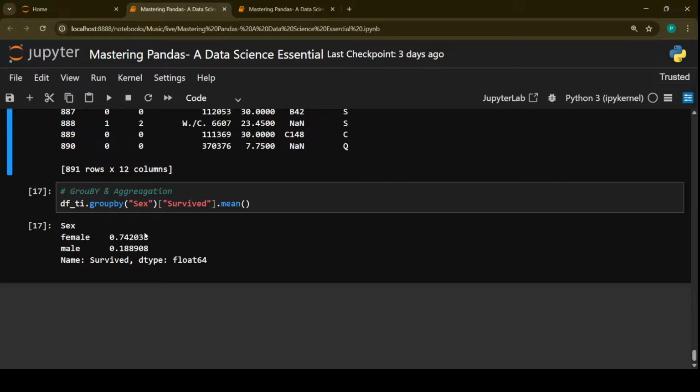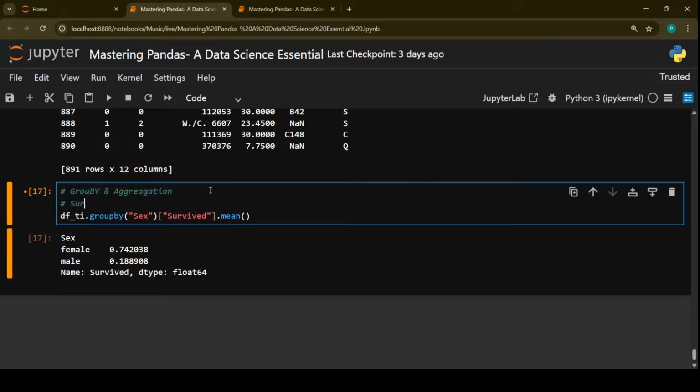as you can see in the male, the average is close to one. Okay, so actually, when you find the mean, values close to one will give you higher survival. Okay, higher success rate, higher survival, and the values close to zero mean low survival rate. Okay. So on the famous Titanic dataset, when we applied the group by function, okay,